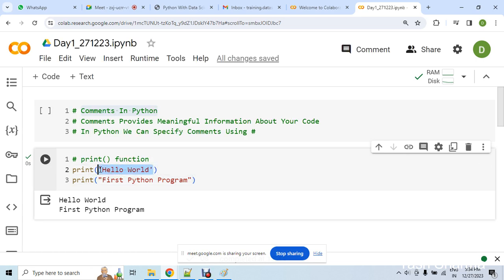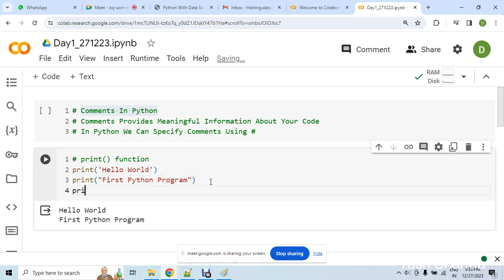Simple. Again, I am repeating, guys, in Python programming there is no such difference. If you feel comfortable in using single quotes, use single quotes. If you feel comfortable in double quotes, use double quotes. और मैंडेटरी नहीं है, मैंने आपको बताया कि print function can display the user messages,